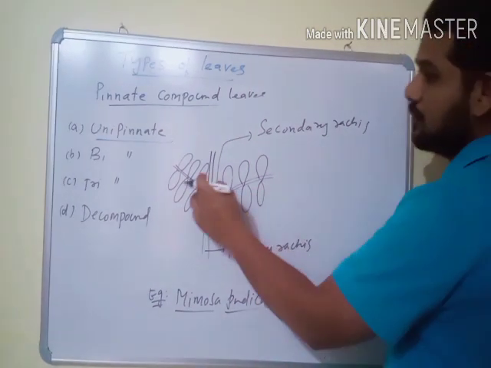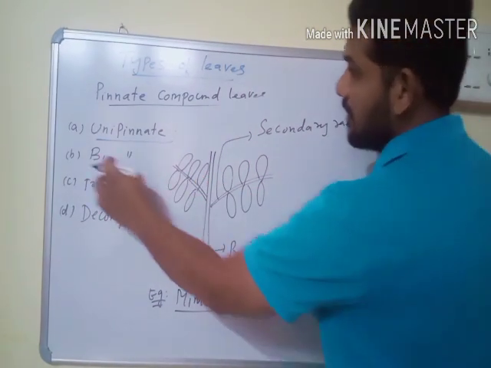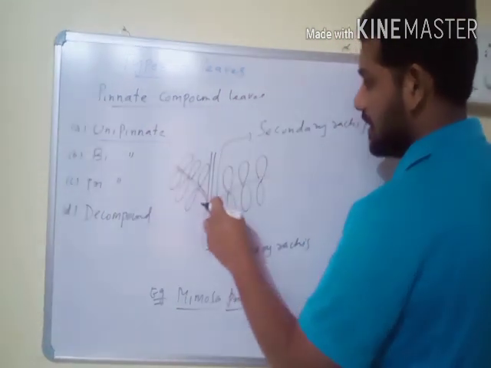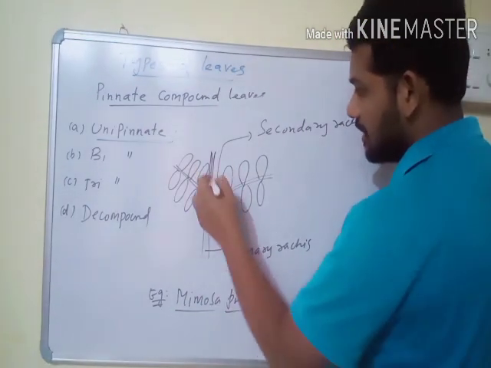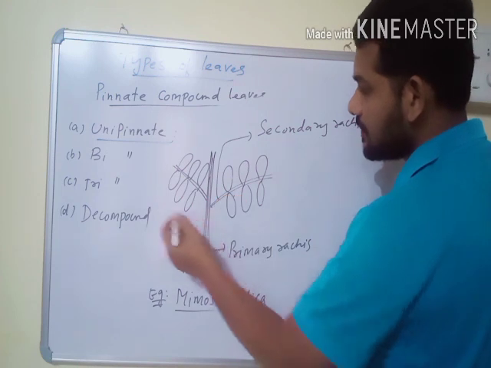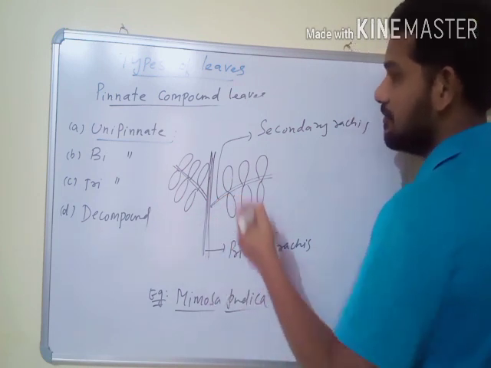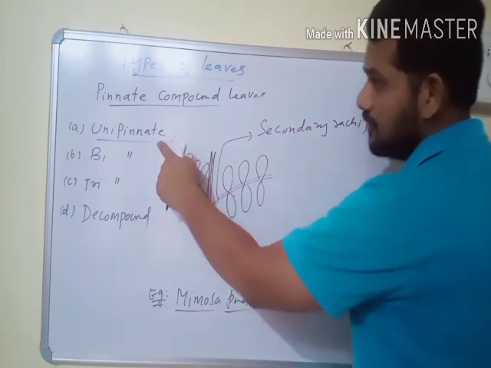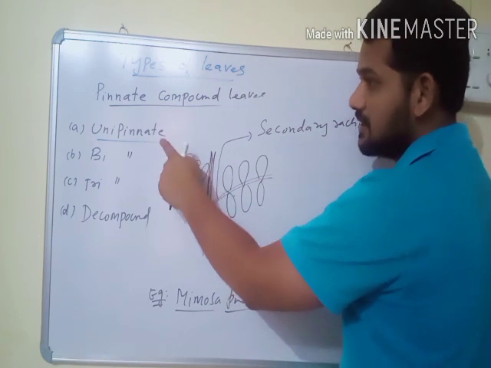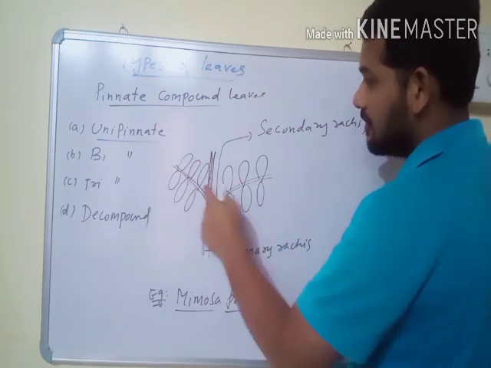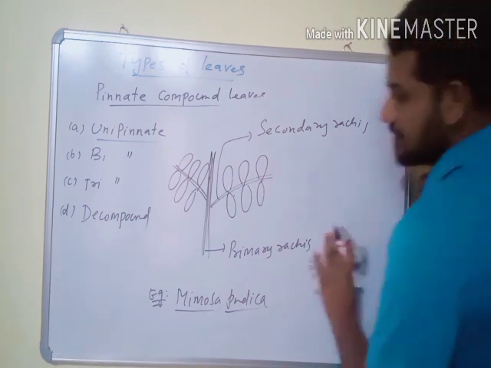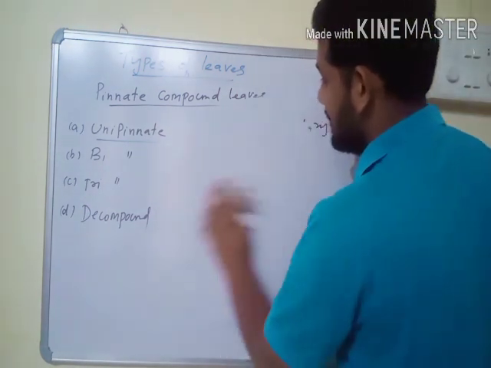This is bipinnate. Two pinna present. Bi means 2, and pinna means pinna or rachis. This is the primary rachis, and the primary rachis produces many secondary rachis, and usually leaflets are present on the secondary rachis. In unipinnate compound leaves, leaflets are present on the primary rachis. In bipinnate compound leaves, leaflets are present on the secondary rachis. And third one is